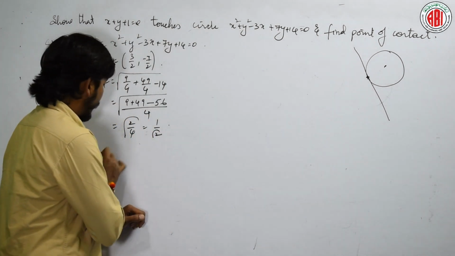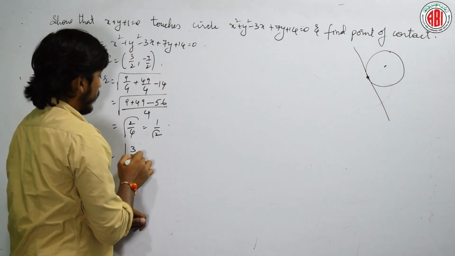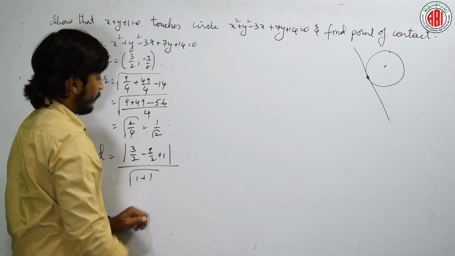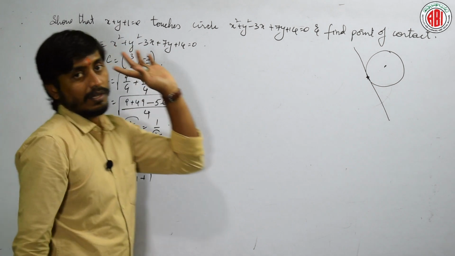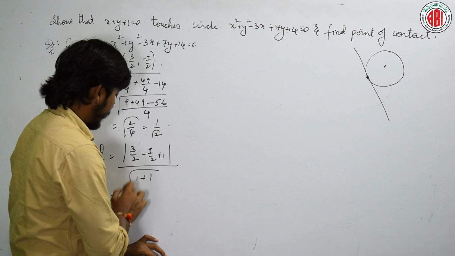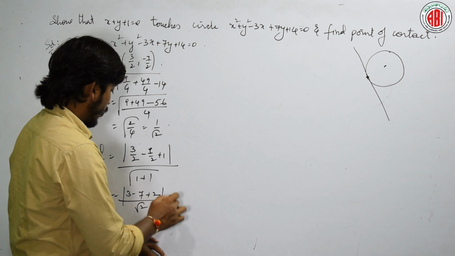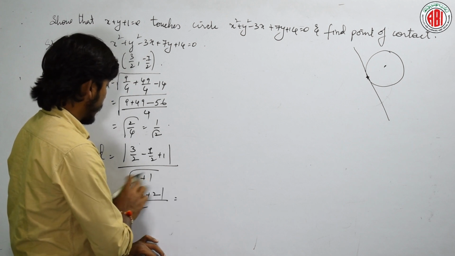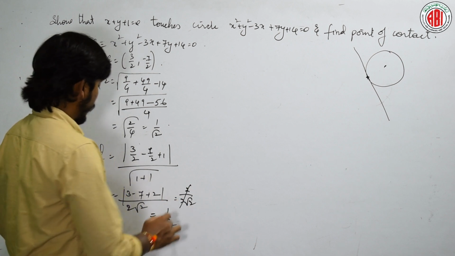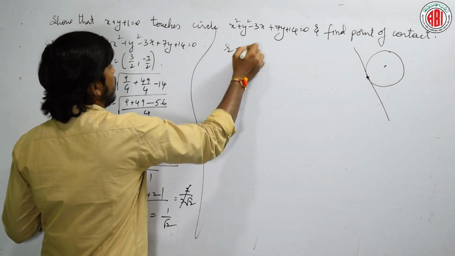So, we find the perpendicular distance is equal to mod of x plus y plus 1, that is 3 by 2 minus 7 by 2 plus 1, by under root 1 plus 1, right, a square plus b square. So, take the LCM here, I get 3 minus 7 plus 2, divided by root 2. How much is it? 2 by 2 root 2, the 2 will get cancelled, I will get 1 by root 2. If you observe, R is equal to D, okay, R is equal to D. Therefore,